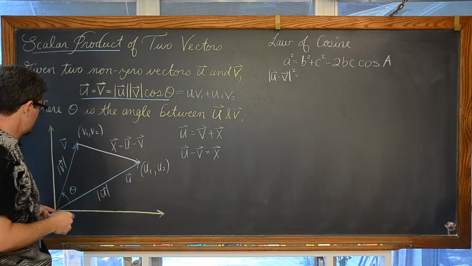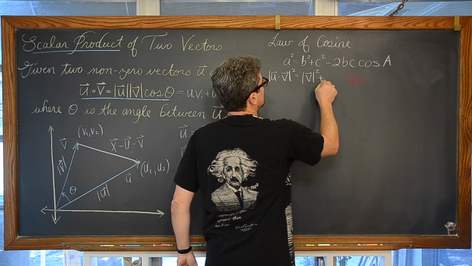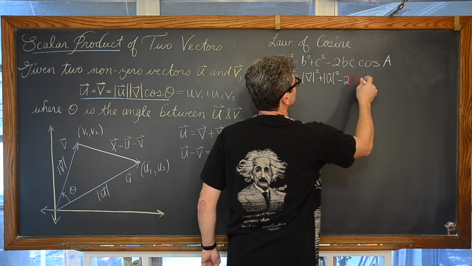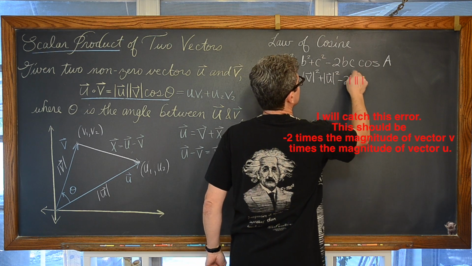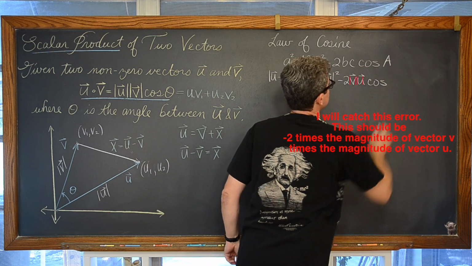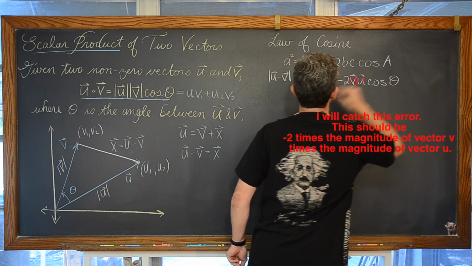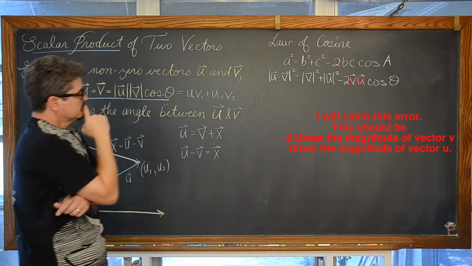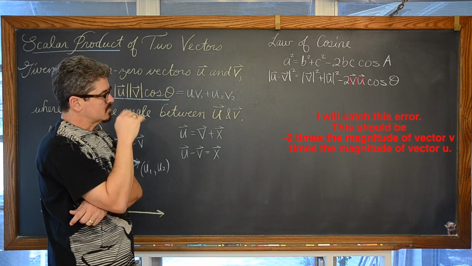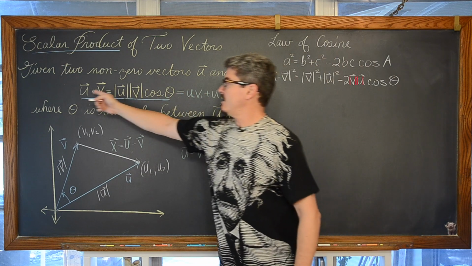We're going to look at the magnitude of v squared, the magnitude of u squared minus 2 times vector v, vector u, cosine, and then if this is side A, this is sort of like your angle A, and this can be cosine of theta. Now, this is going to take some expanding out here. I'm trying to show you the relationship between these two formulas and how you get the dot product out of it.